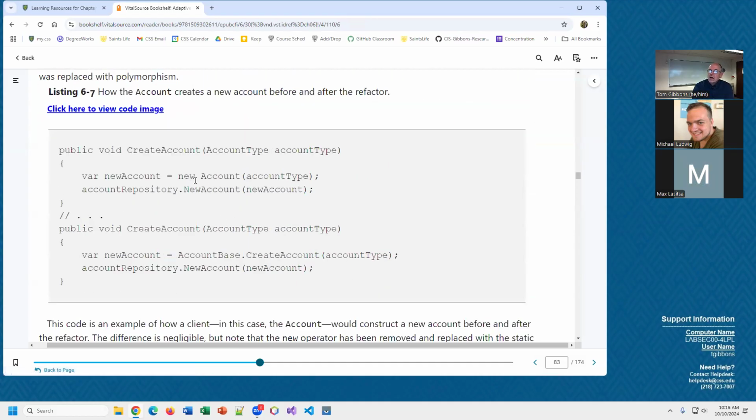When they talk about, here's a constructor where you say new account type, and here's the factory method where we say AccountBase.CreateAccount. You go, well, that doesn't look that different, Tom. They both look basically identical. The one nice thing about this is that it gives us a little more flexibility on the type of account we're returning than the constructor itself, and how it's tied